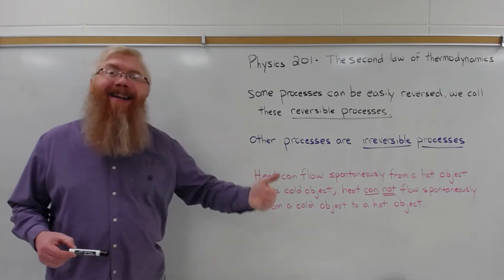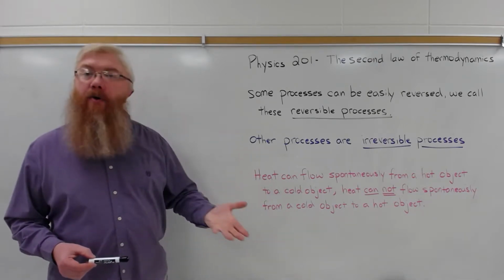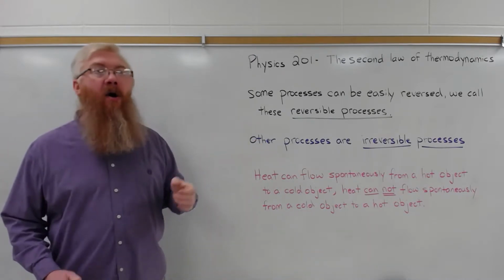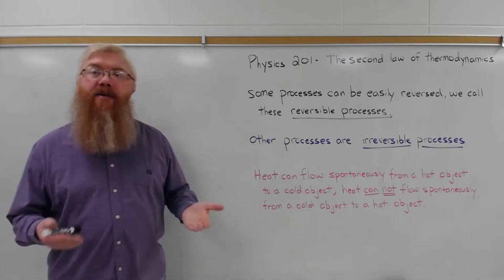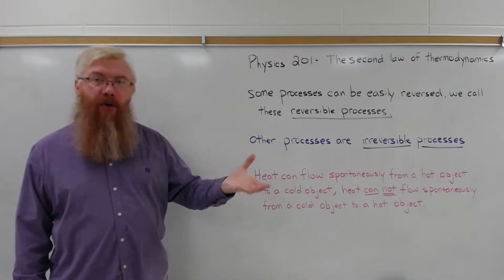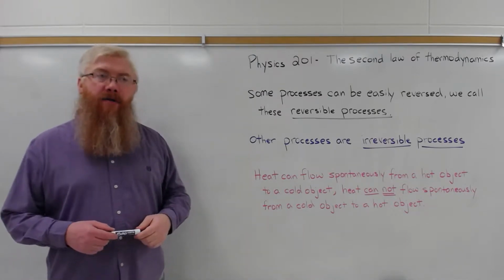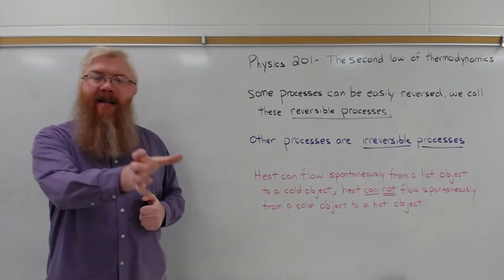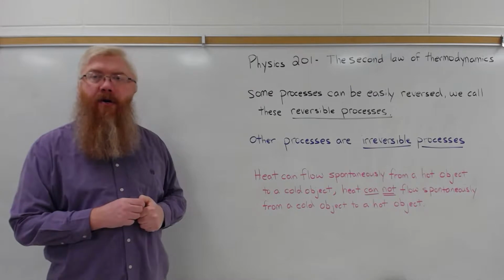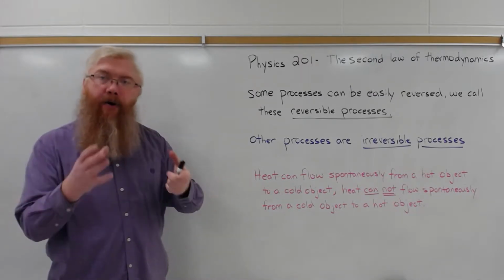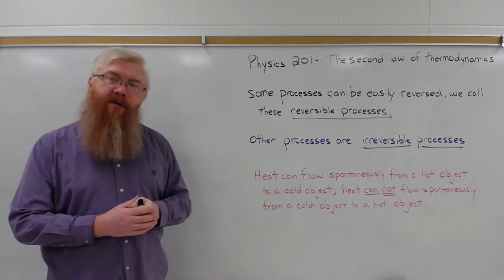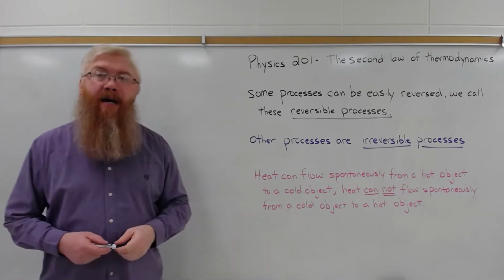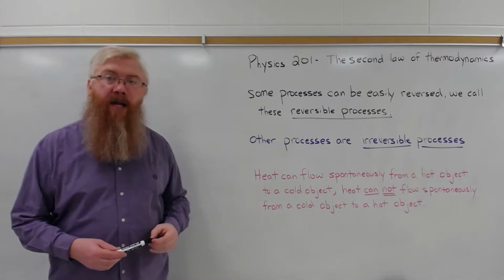If you do work on an object, it can gain heat or internal energy, or if you add heat to an object, its internal energy can increase. Or if heat leaves an object or the object does work, then its internal energy decreases. So as long as energy is conserved, if I set a hot cup of coffee on a counter, why can't the coffee get hotter? If it takes energy from its surroundings, and the surroundings get cooler, my cup of coffee could get hotter and it wouldn't violate the first law of thermodynamics.